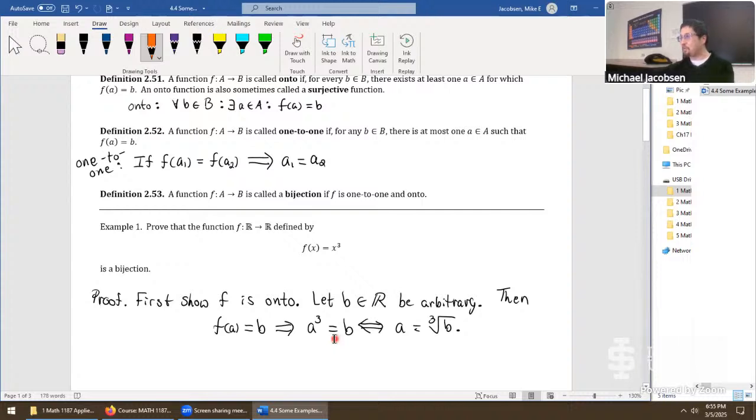But let's see here if we can still reverse this. If we say A cubed is B, A cubed itself takes on the form of something cubed, which is the mapping. So that means it does really reverse in this direction as well. So because all of this is reversible, we went in the forward direction and found A. We observed it can also go in the backward direction to show F maps A to B, our target up here. We've got it. We can now say that this shows